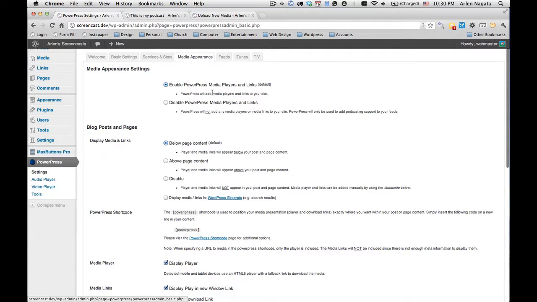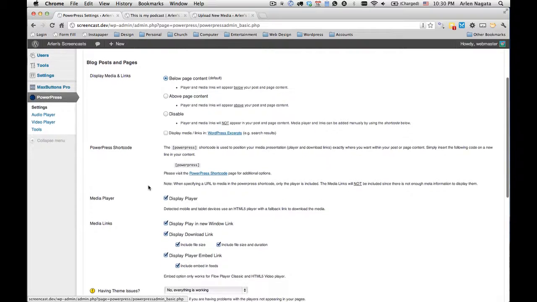Okay, so by default, anytime you put an audio link or video link in that box, the default is that the plugin will display that little player and any options you have. Okay, and this section here is, well, where is it going to display that little player? Below the page content, above the page content, or disabled? Okay, you might think, well, why would you disable it? Well, if you disable